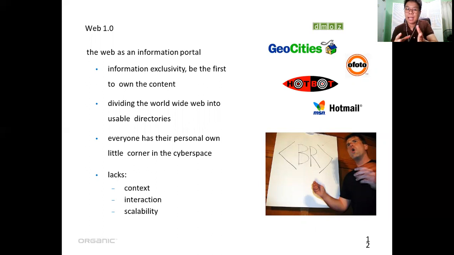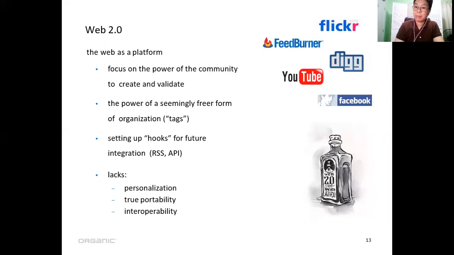And of course, it lacks content or context, interaction, and scalability. If you're familiar with the previous Hotmail, or MSN Hotmail, and Hotbot, and of course GeoCities, you will see that these are portals that, although not interactive yet, are basically creating their own space.